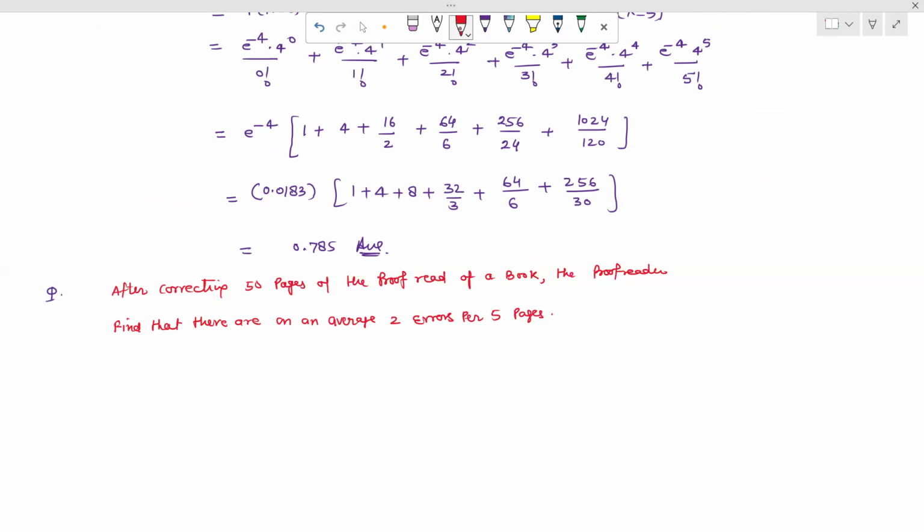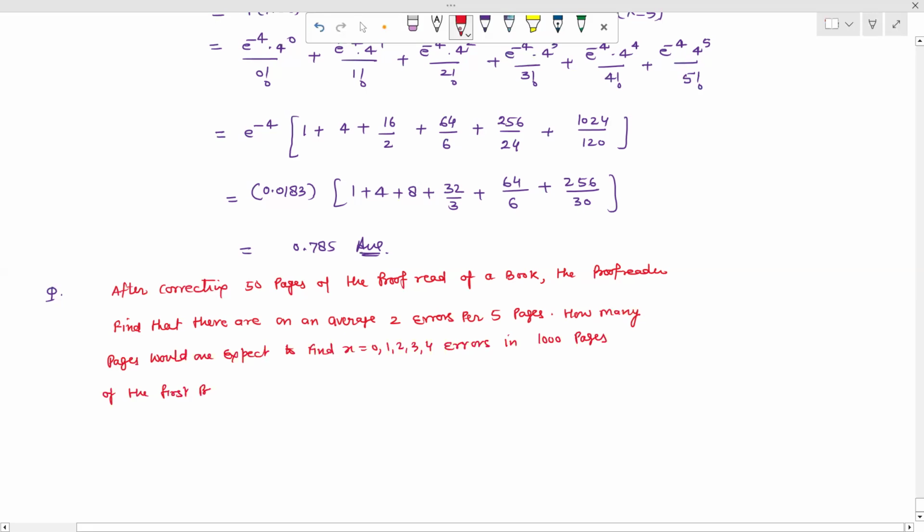So how many pages would one expect to find x equal to 0, 1, 2, 3, 4 errors in 1000 pages of the first print of the book? So here the value of e raised to the power minus 0.4 is given